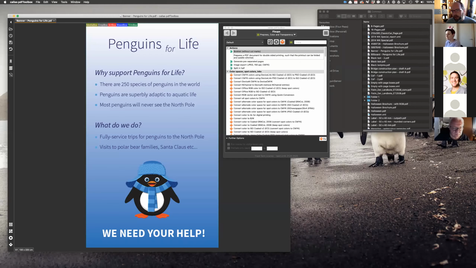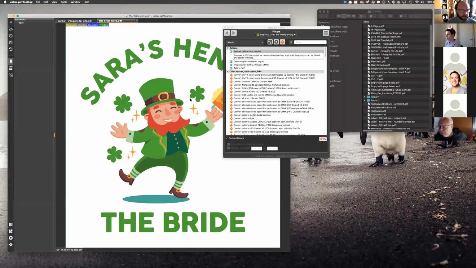And I actually have a very nice file for that as well. So if I have something that doesn't have a rectangular shape, but you still need to create bleed, for example, because this thing has to be cut out on a laser cutter,